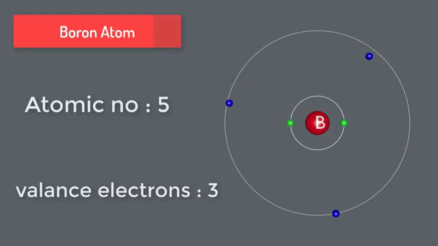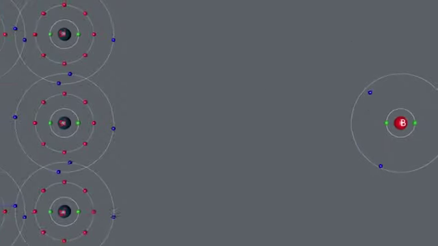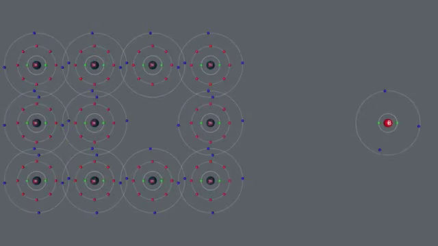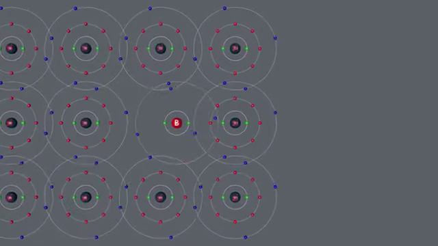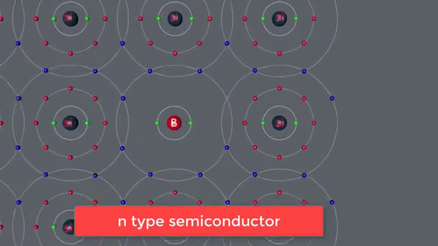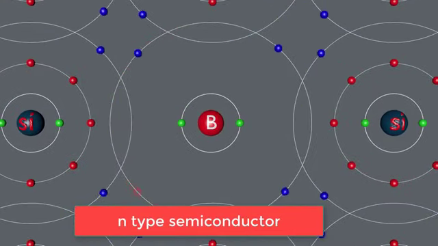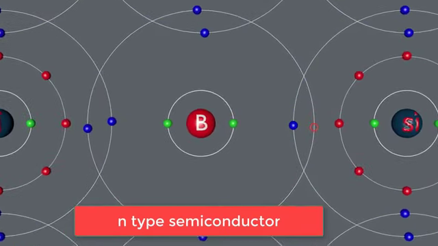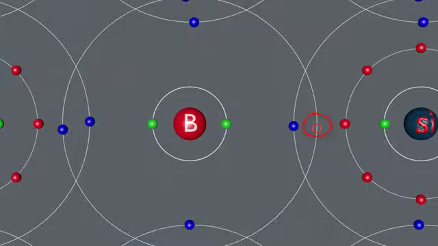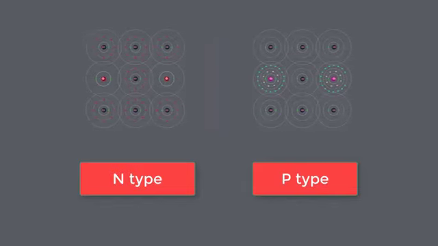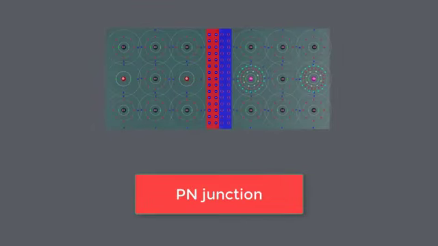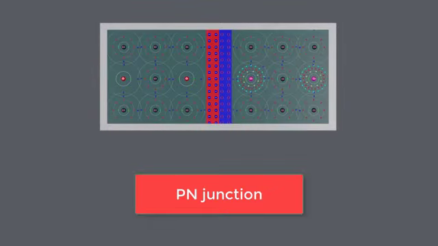Boron atom. Atomic number is 5. It has 3 valence electrons in the outer shell. Boron atom doping with silicon atoms forms an N-type semiconductor. It has one hole in the outer shell. It moves freely. P-type semiconductor and N-type semiconductor are joined with each other and form a P-N junction, forward